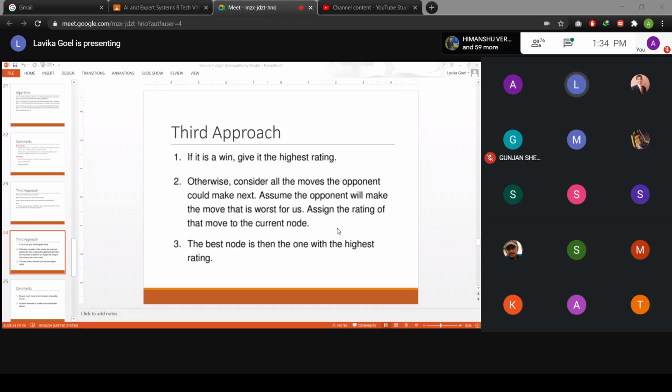So in this case, you cannot win, so you try to block the opponent's win by choosing the worst move for the opponent, so that it becomes the best move for you, and you assign it the highest rating and choose that move. Fine. So this is how you go about. Either you win or you try to block the opponent's win by choosing the best move for you from the next available moves.